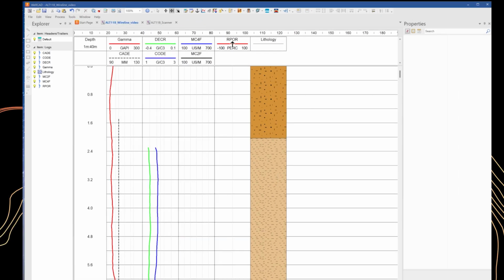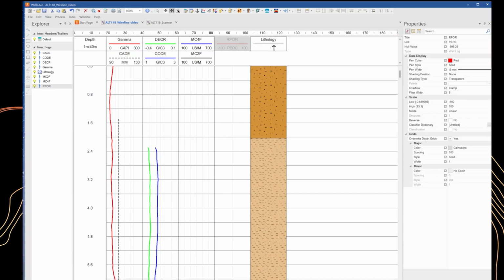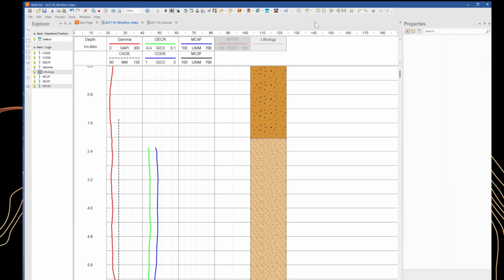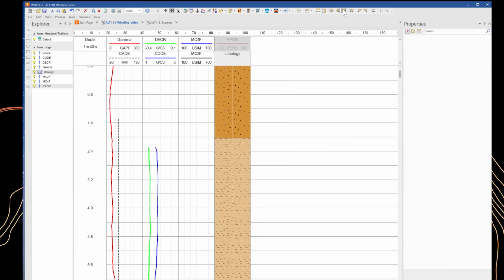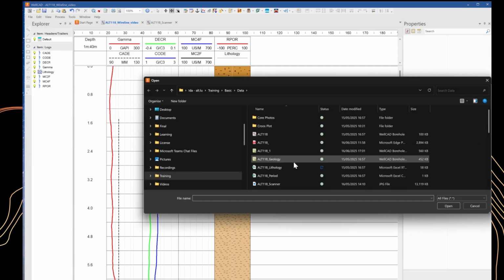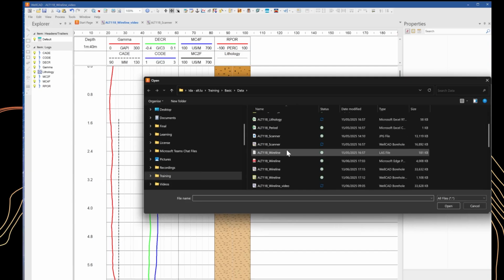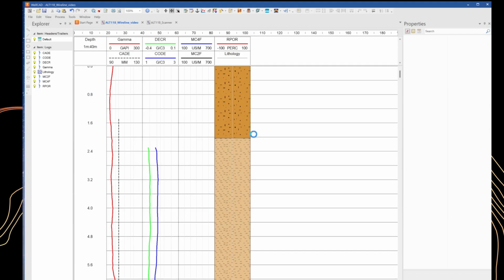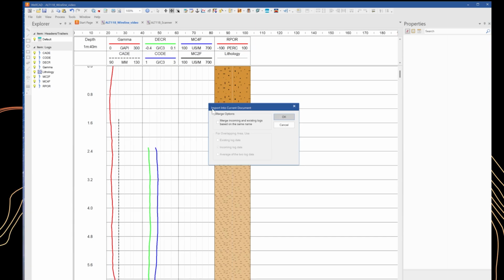To create more space, we overlay the lithological log with the porosity log using the document layout bar. We may want to import some image logs from another WellCAD document. So we go to File, Import into Current Document, select Single File, then go to the WellCAD document that contains the image logs and we press Go.